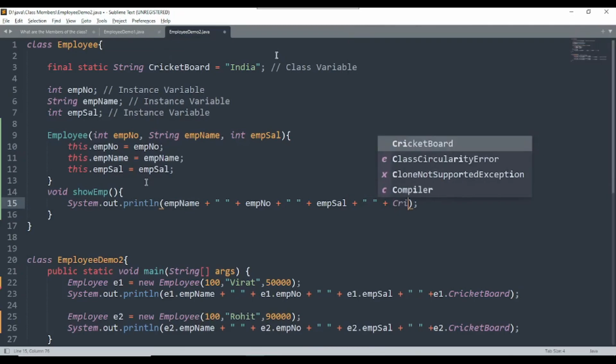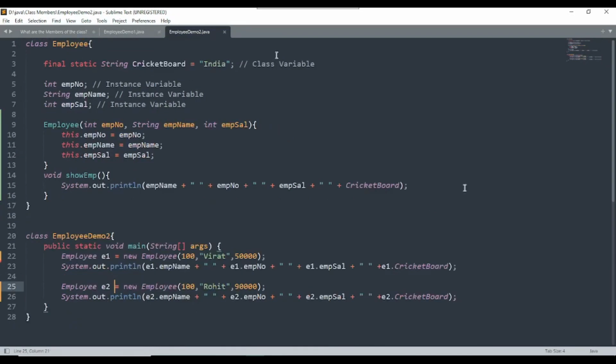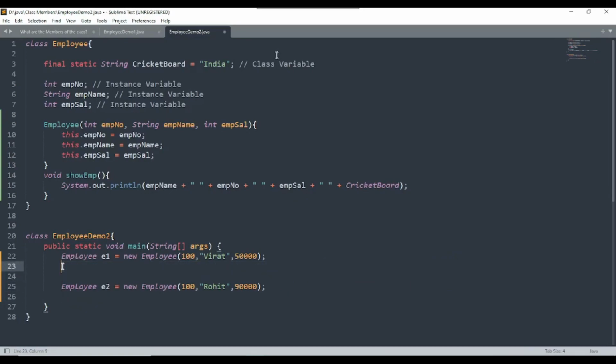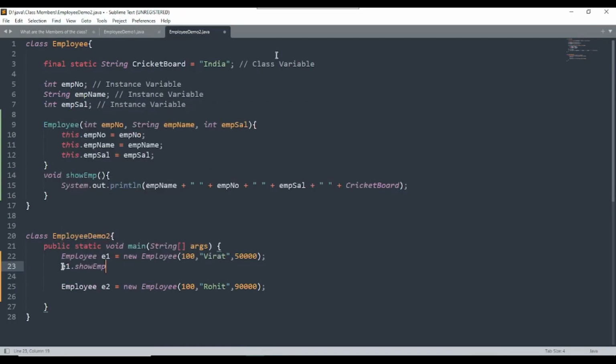So here I will write the cricket board. Okay, cricket board is our variable. So here I am just saving the file. I just need to remove that println statement from here because we have a method to call, e1.showEmployee.